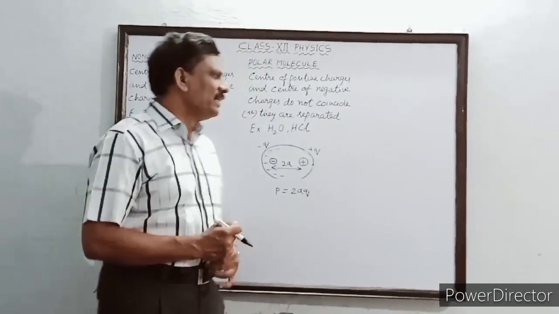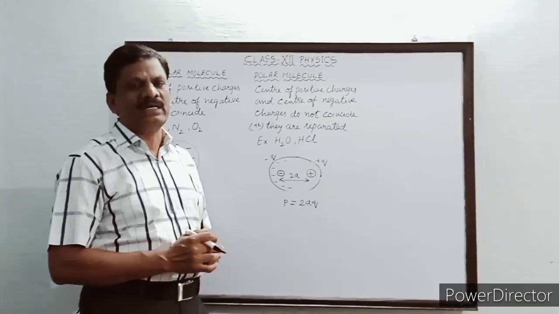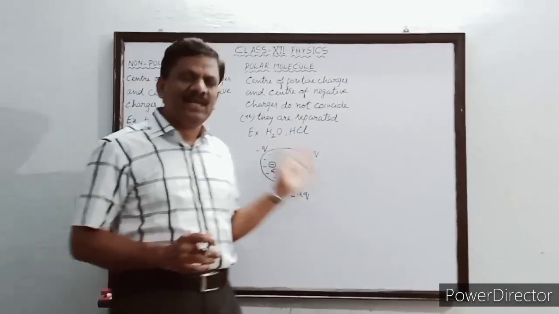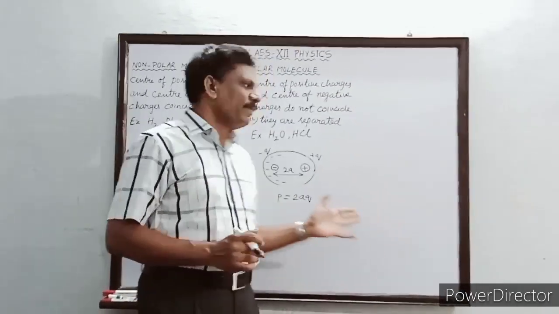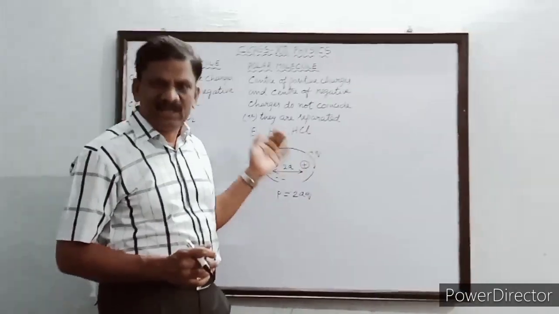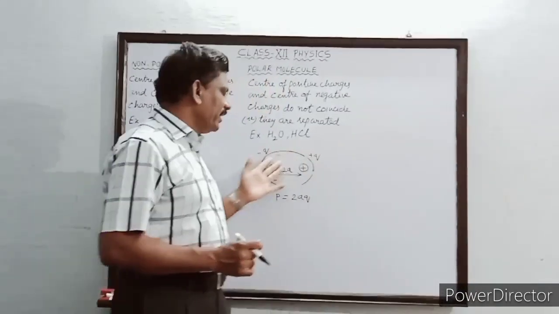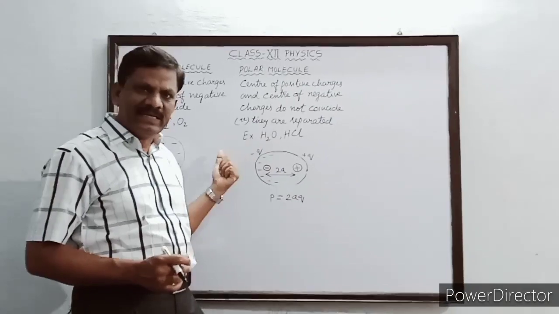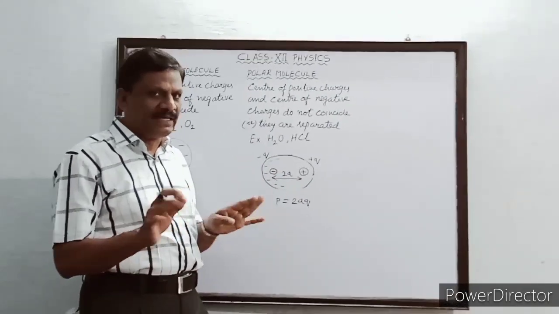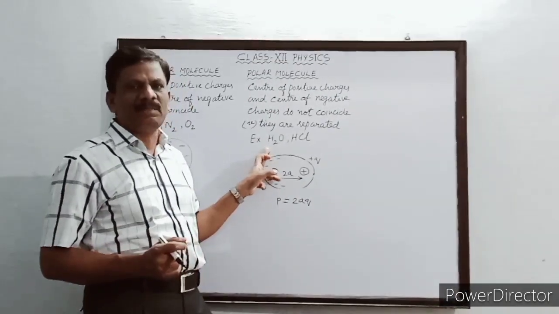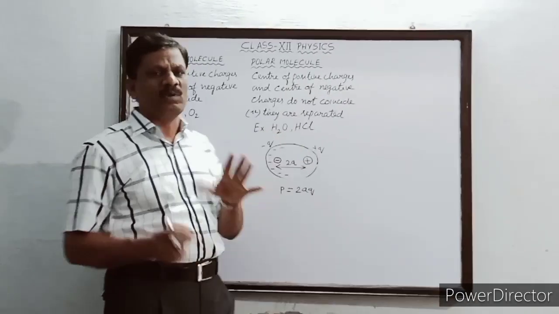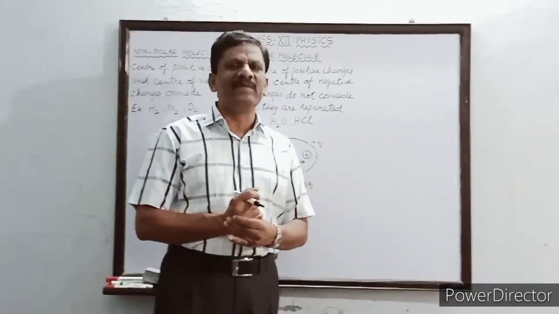Understand? And the shape of the molecule is what? It is an ellipsoid. Okay? That is, the positive charges will be concentrated at one end of the molecule and the negative charges are concentrated at the other end. Okay? So that they are getting separated. The best example for this is a water molecule, which possesses a permanent electric dipole moment.